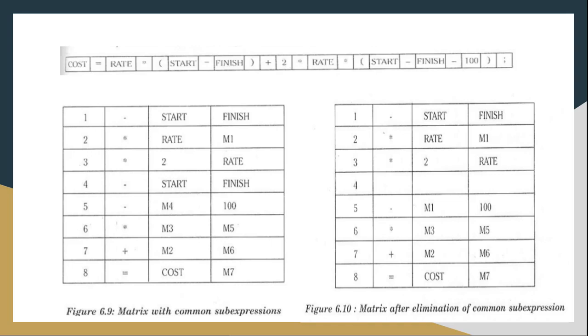Okay, so here we have seen, we place the matrix form, we have recognized by comparing M1 with M2, M3, M4, M5, M6, M7. Then delete one duplicate entry, that is M4 has been deleted. Then in the fourth step we have altered the matrix by replacing M4 with M1. This is one method for the machine independent optimization.